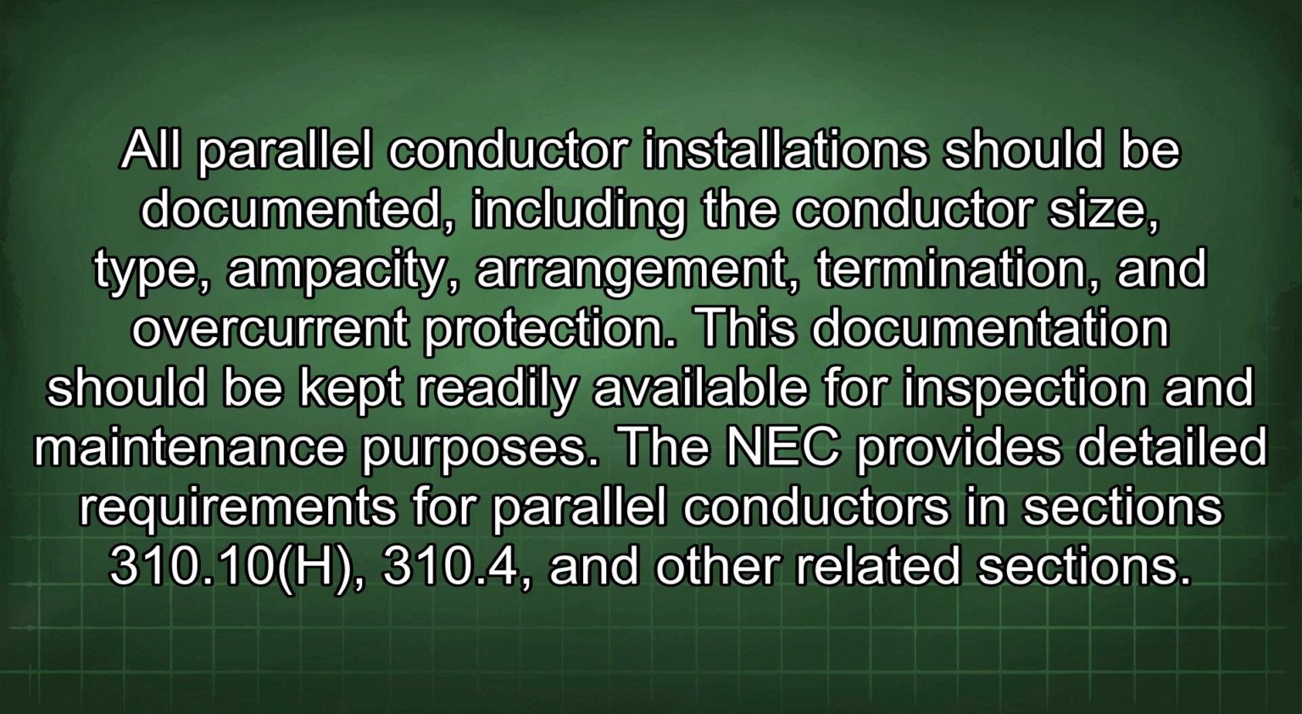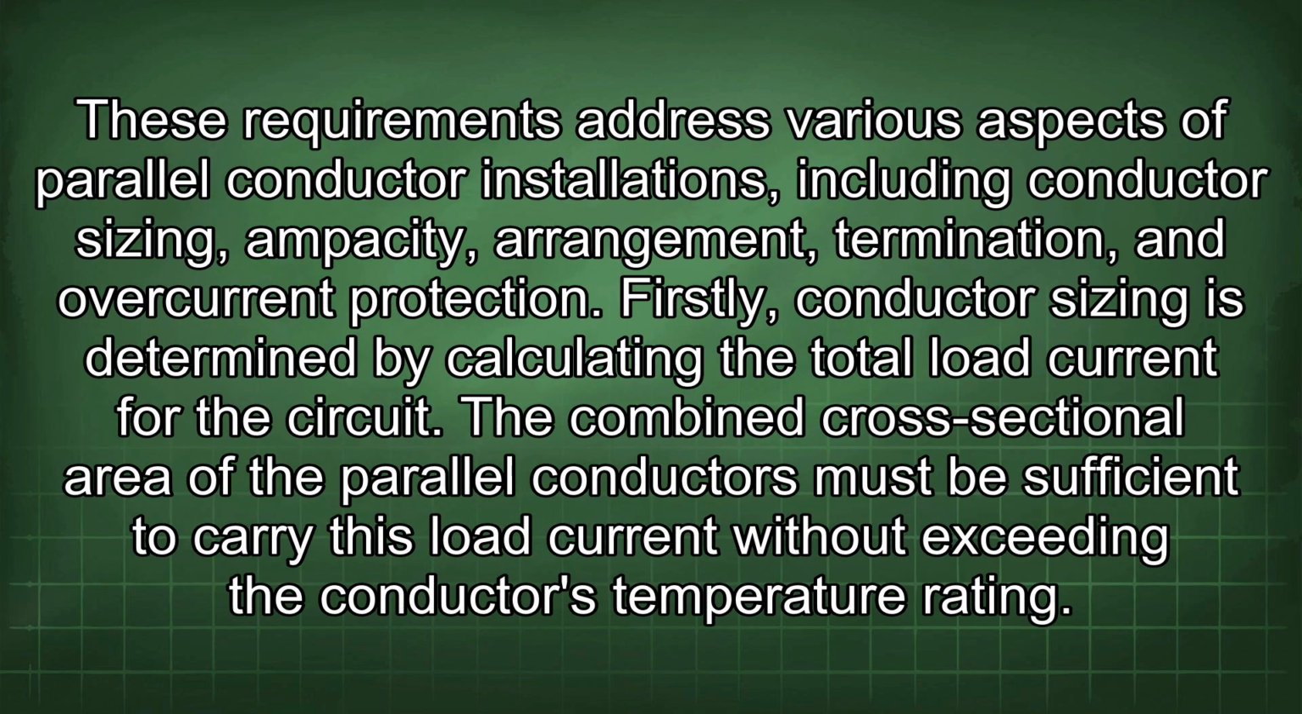The NEC provides detailed requirements for parallel conductors in sections 310.10(H), 310.4, and other related sections. These requirements address various aspects of parallel conductor installations, including conductor sizing, ampacity, arrangement, termination, and overcurrent protection. Firstly, conductor sizing is determined by calculating the total load current for the circuit. The combined cross-sectional area of the parallel conductors must be sufficient to carry this load current without exceeding the conductor's